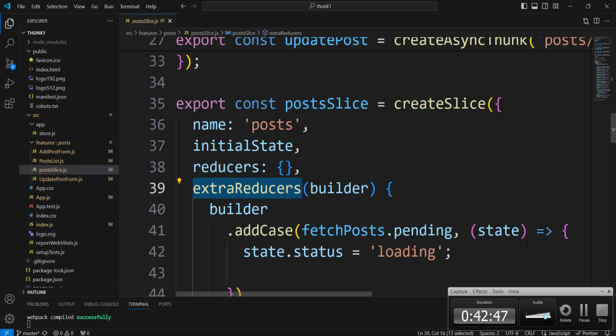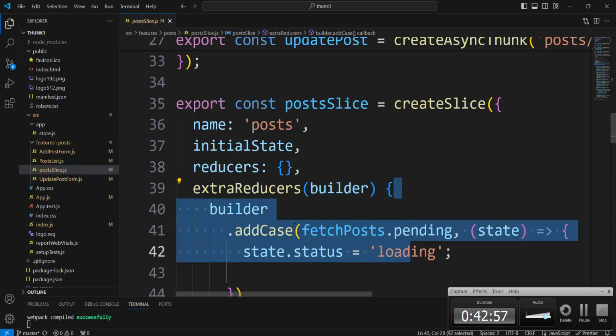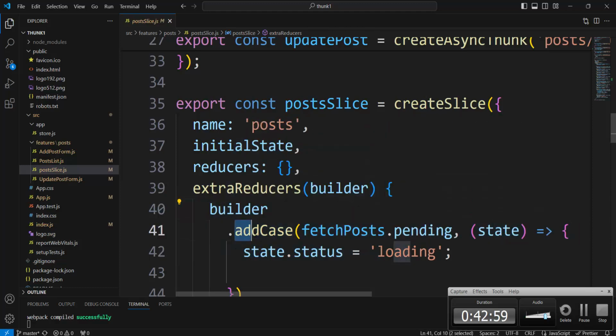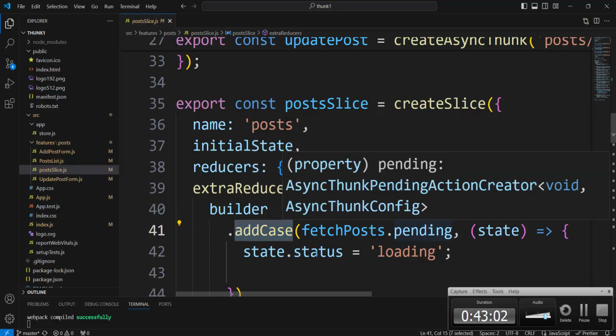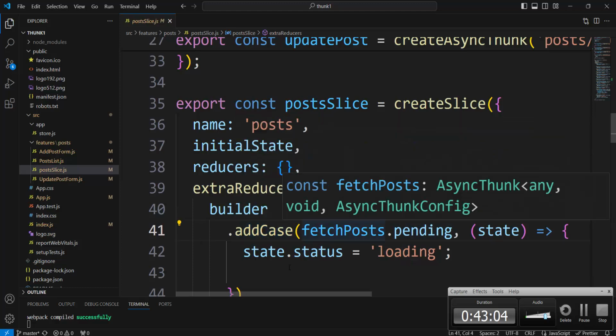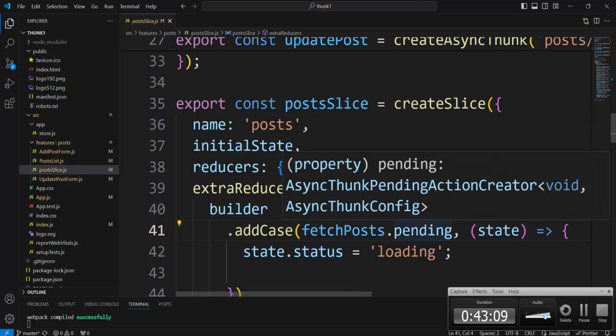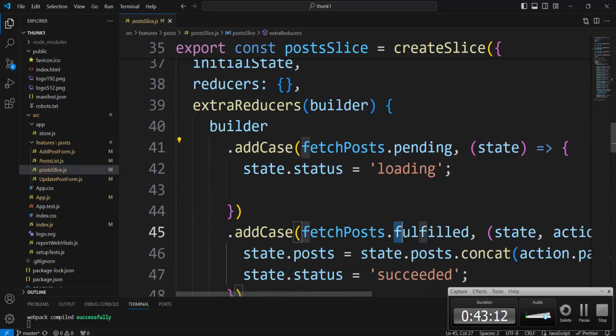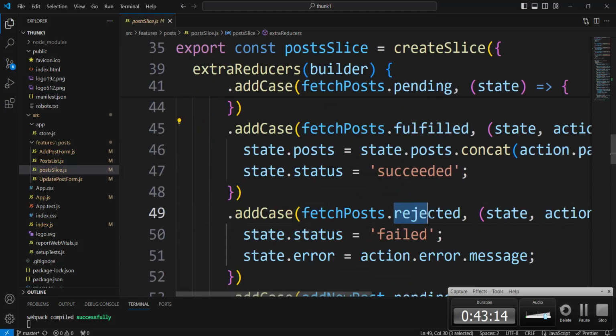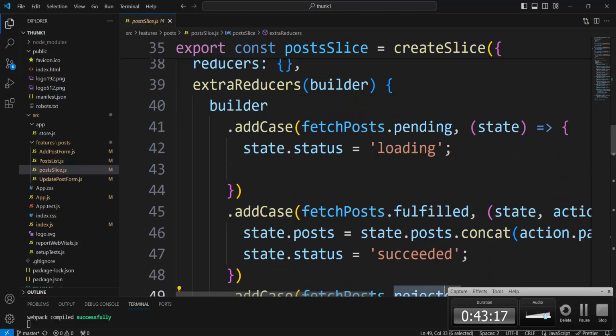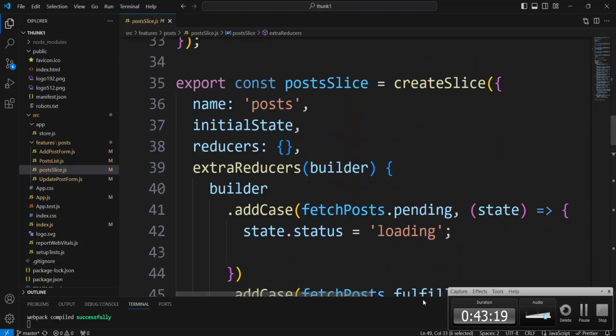It is named for some differences. In extra reducer, there is a builder object, and in the body we have the builder object and the addCase method. Every addCase is one of those action types: a pending type action, a fulfilled type action, and a rejected type action. And here is all the same like before, but we have